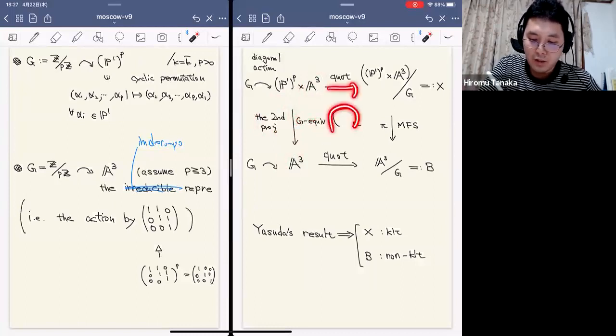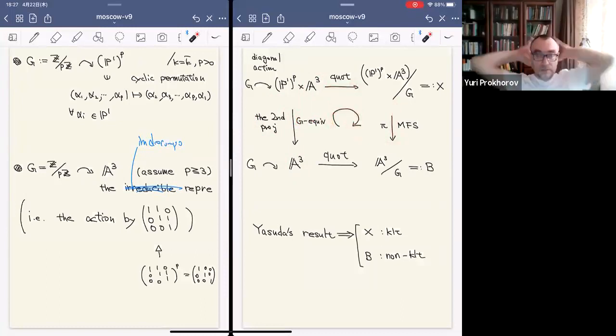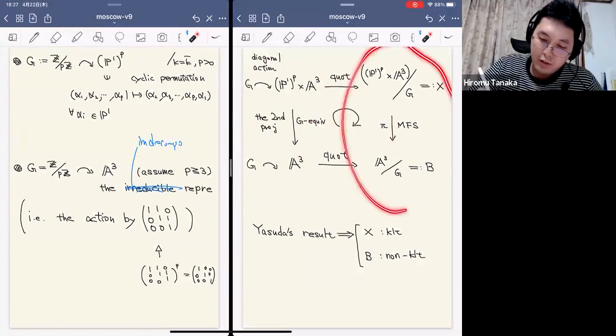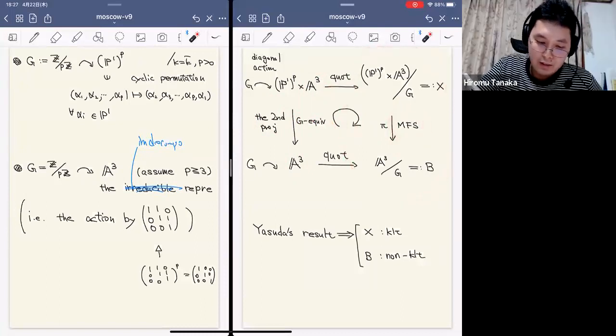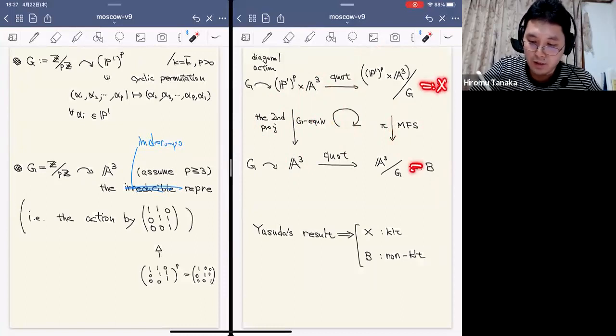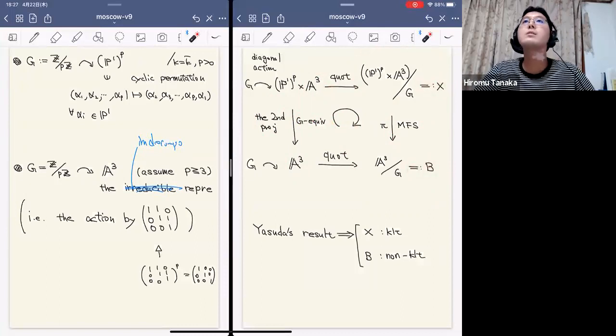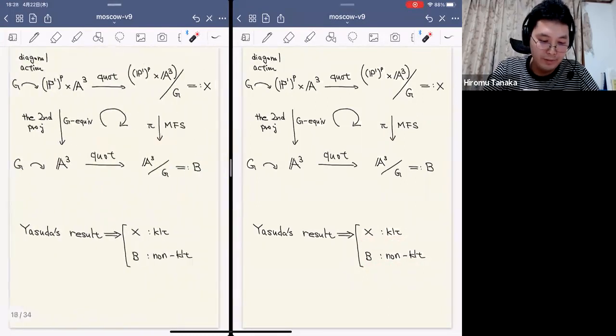Then taking quotients, we get a commutative square. And this resulting arrow is a morphoidal space, which gives a counterexample. So this is the total space, and this is the base space. We need to check the definition of morphoidal spaces, but I think the crucial part is to check that X is KLT, but P is not KLT. So let me briefly explain how to prove it.